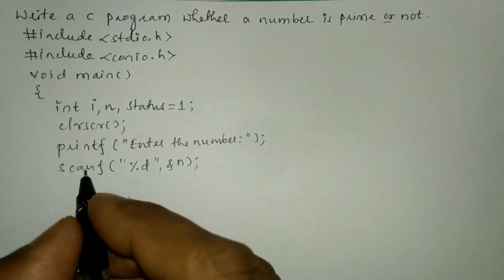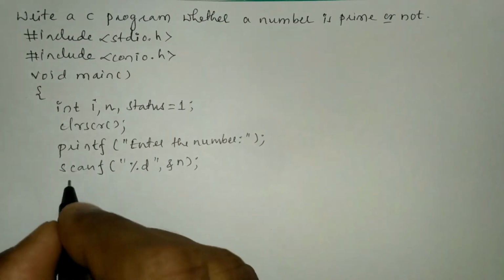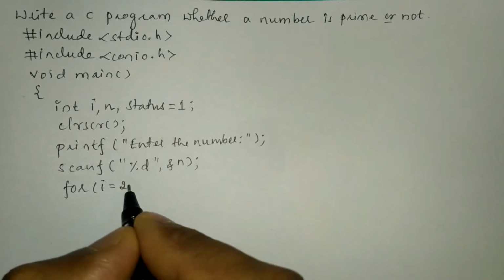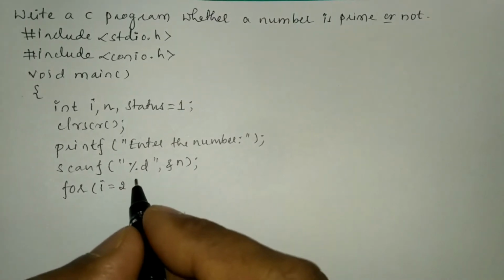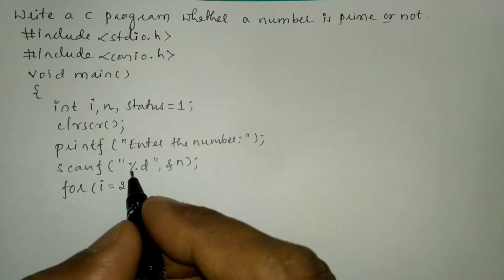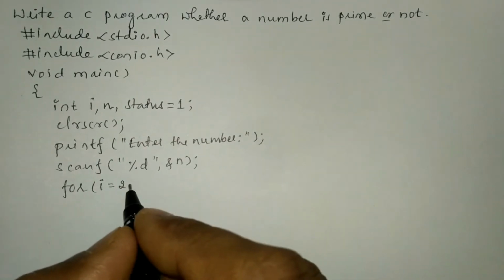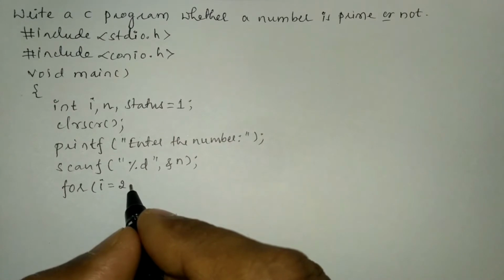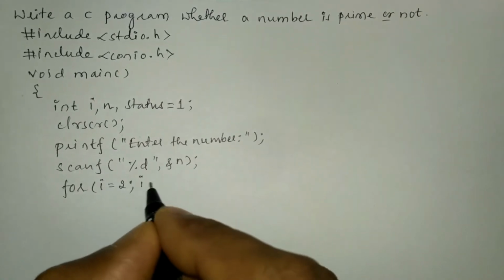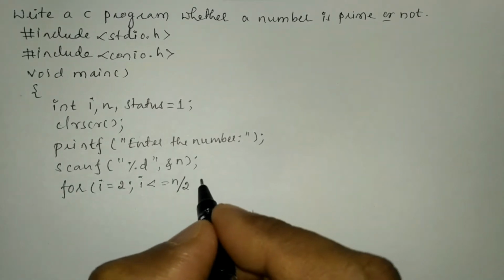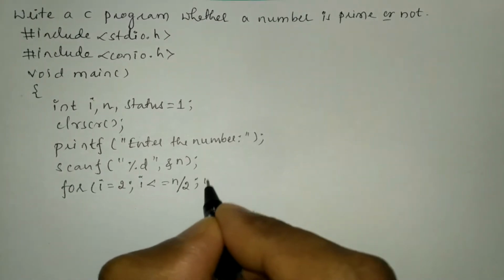Now we are going to iterate using a for loop. So here I'm going to write for i = 2. Why? Because the prime numbers start from 2 only, so that's the reason we have to take i = 2. So 2 is the first prime number, and it is the only even prime number. Next we'll put a semicolon, i <= n / 2 (integer division), and then put a semicolon,